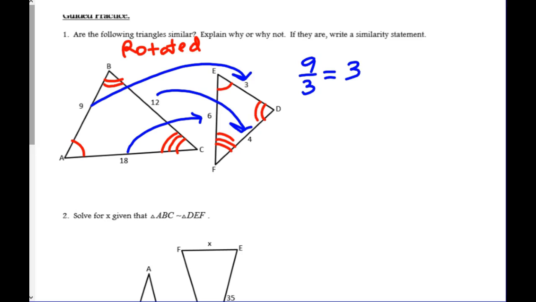3. 12 over 4 equals what? It is 3. 18 over 6. Is it 3? Are all the proportions the same? So if they're all the same, then you know for sure it is a similar triangle, okay? So again, yes,